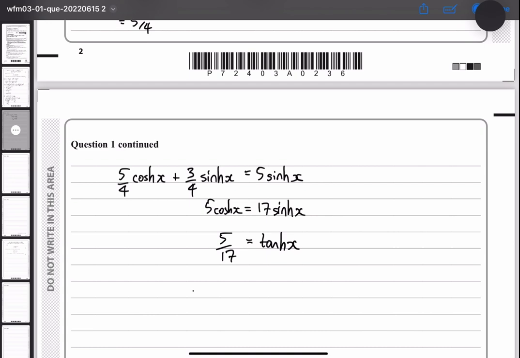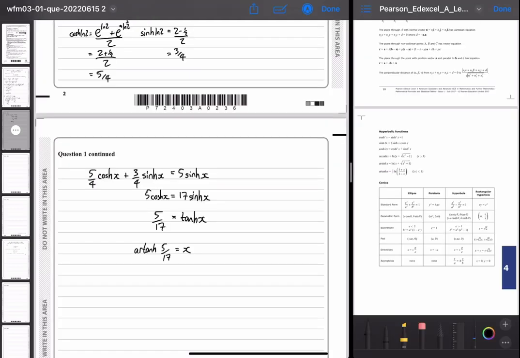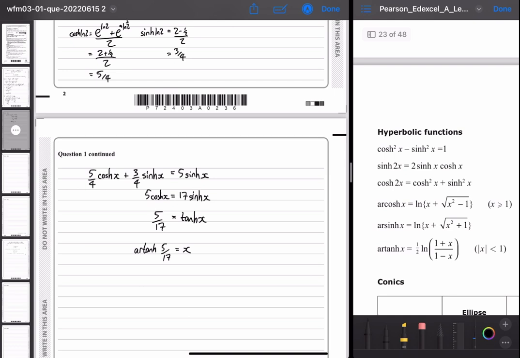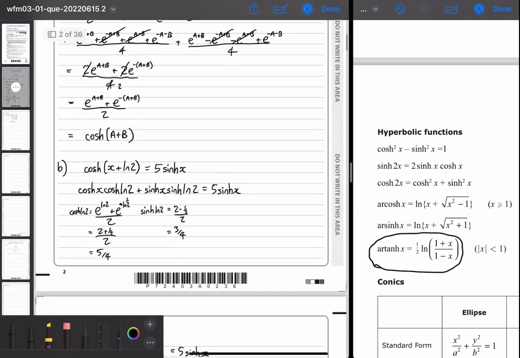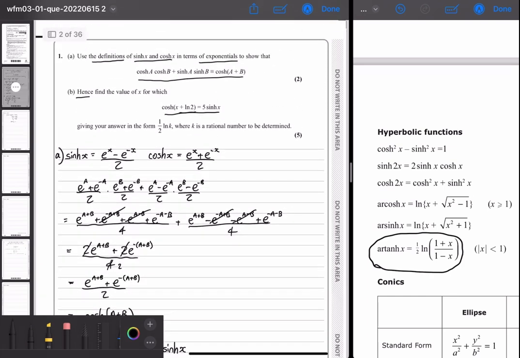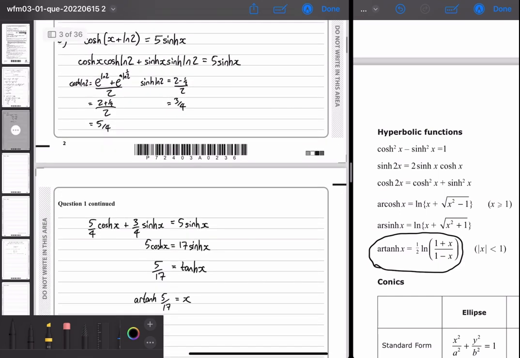Solving this, we've got r tan of 5/17 is equal to x. And quickly pulling up the formula booklet here, we can see that we have an expression for r tan here, because the question wanted it in the form a half log k, where k is a rational number. So putting this in here,